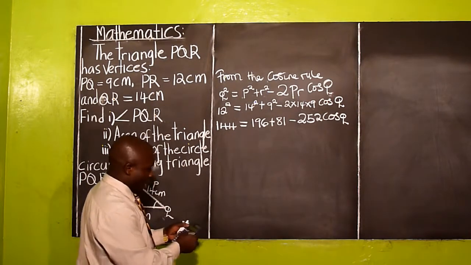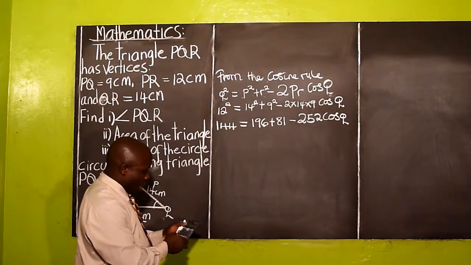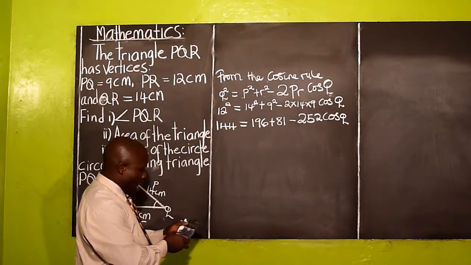So we are going to get 196 plus 81, giving